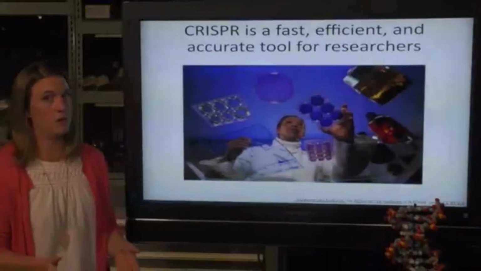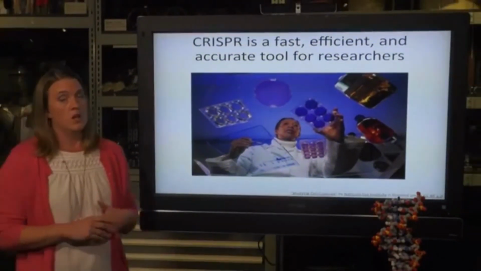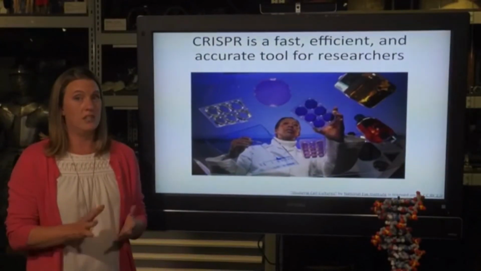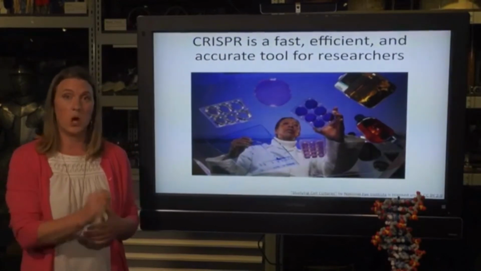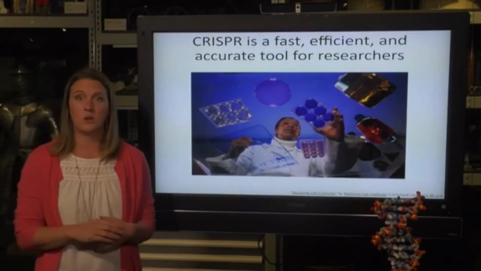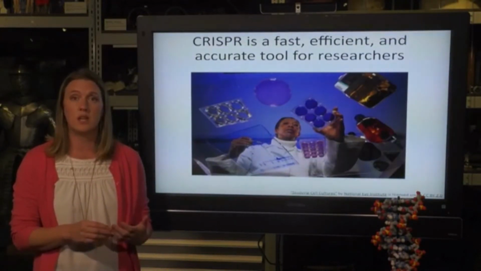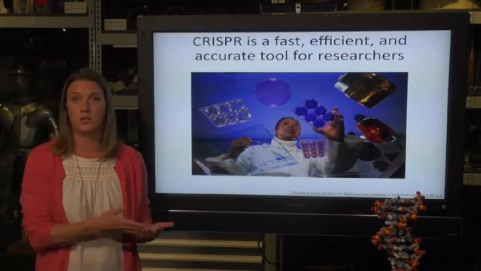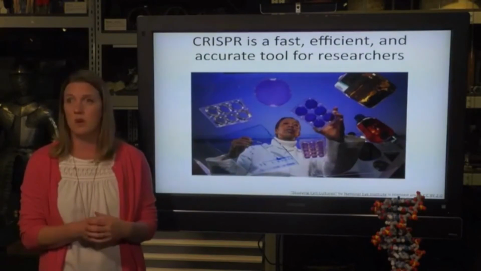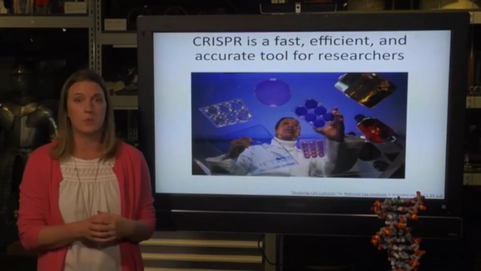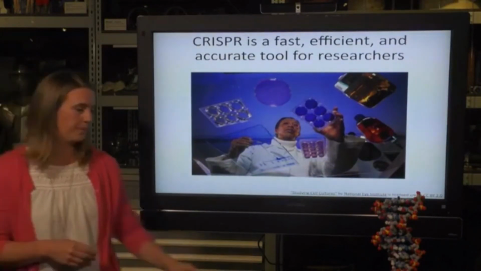Okay, so now that I've given you a brief intro to what the CRISPR technology is, what can we do with it? So with CRISPR technology, it's widely used in research at this point. Anytime anyone wants to study the function of a gene, they use CRISPR to alter that gene, and then you can ask the question, what happens? You can also make animal models to study human genetic diseases by altering the genome of that animal, and now you can study Duchenne muscular dystrophy or any other genetic disease that you would like, cystic fibrosis. So this is widely used in research.